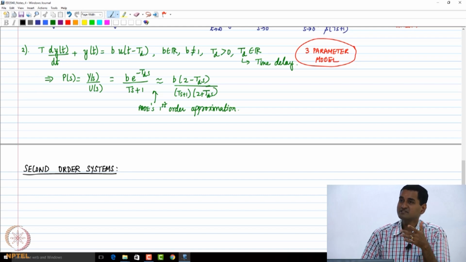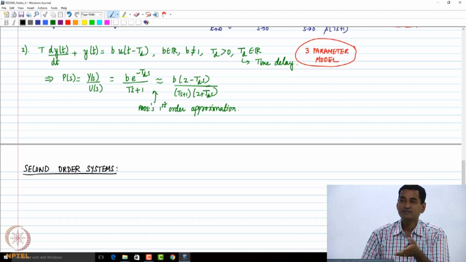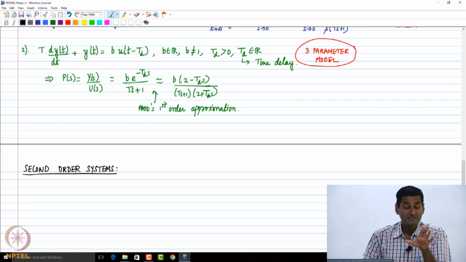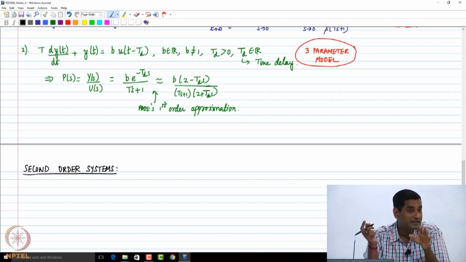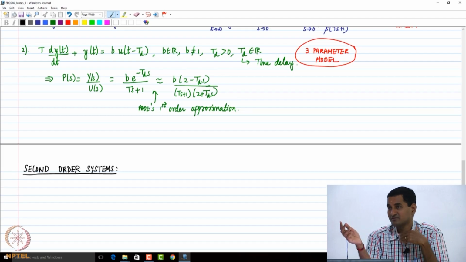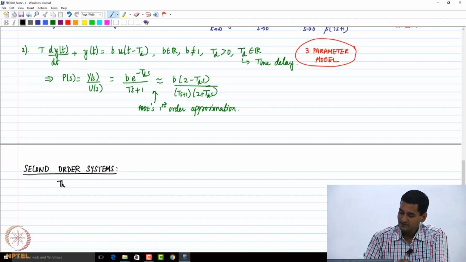So typically second order systems are motivated from vibration problems, and due to that reason their governing equation is written in a certain structure. We'll see how it is written. As I told you, you can have the general governing equation. That's why I wrote the general governing equation, right? a0 d^n y/dt^n plus a1 d^(n-1) y/dt^(n-1) and so on, right? That is the general structure. As far as we are concerned, we are considering specific structures motivated by some physical practical applications. So the governing equation